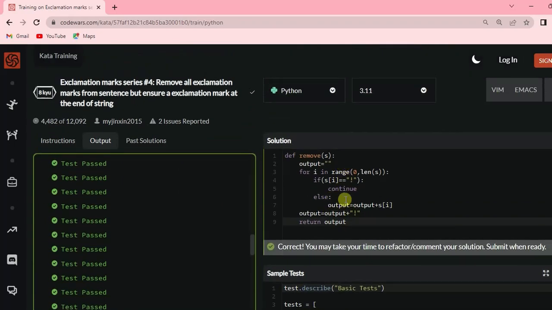I hope you understand that by using the range statement we are iterating here, so we are using the indexing concept. If it is an exclamation mark, we are skipping the iteration. If it is not, we are adding it to the output variable. After that, we need to add an exclamation mark. It is compulsory at the end of the string, right? So we are adding it and returning the